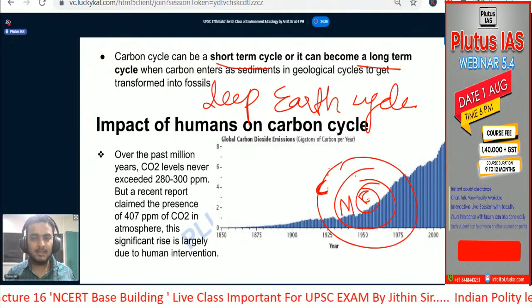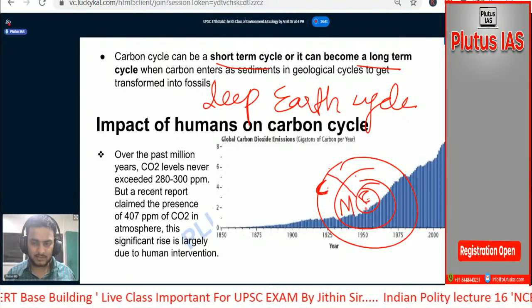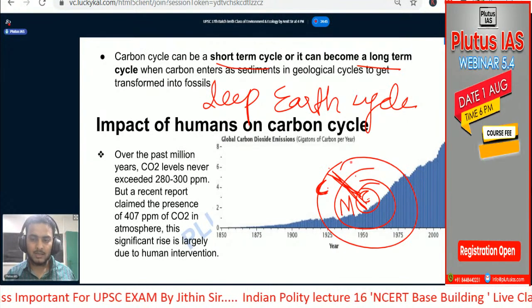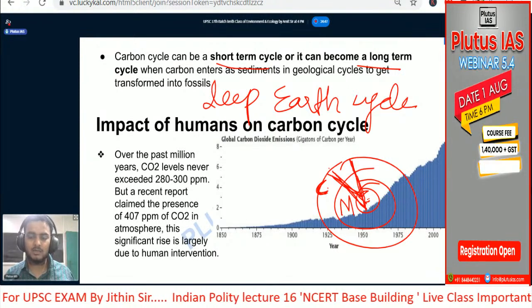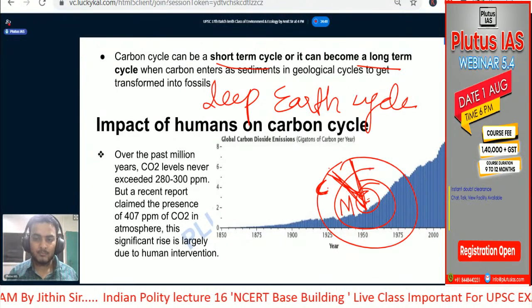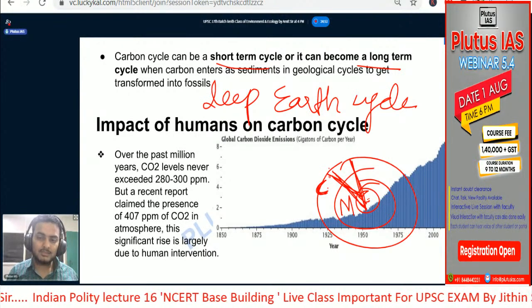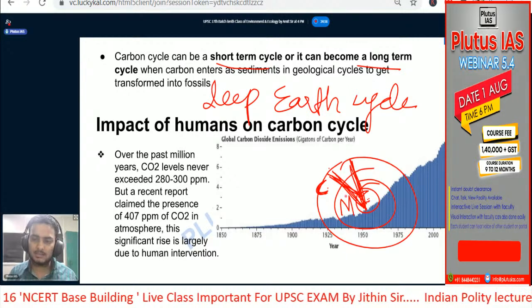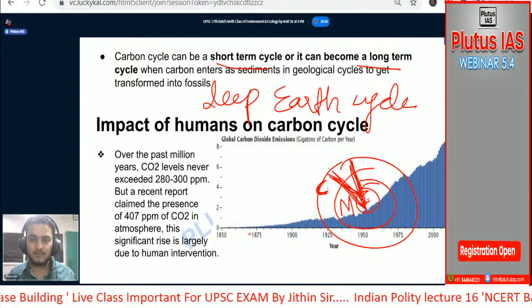But we have very little awareness because the depth is around 3,000 kilometers of mantle, and for core it is 6,400 kilometers, equivalent to radius of Earth. So very little is known about the presence of carbon and its movement deep inside the Earth. But whatever information we have gained is from